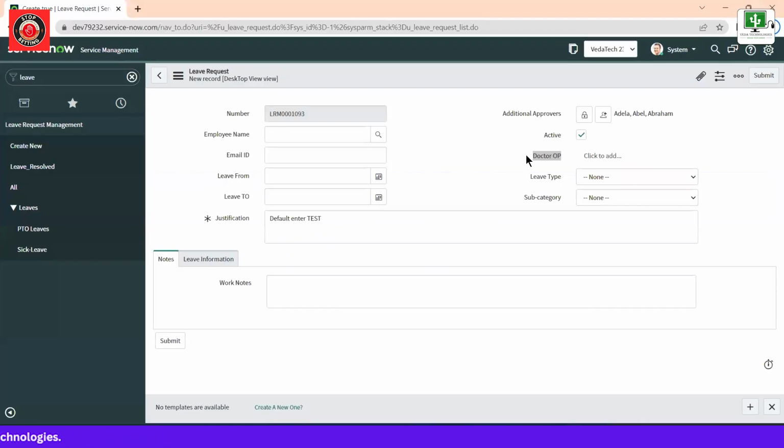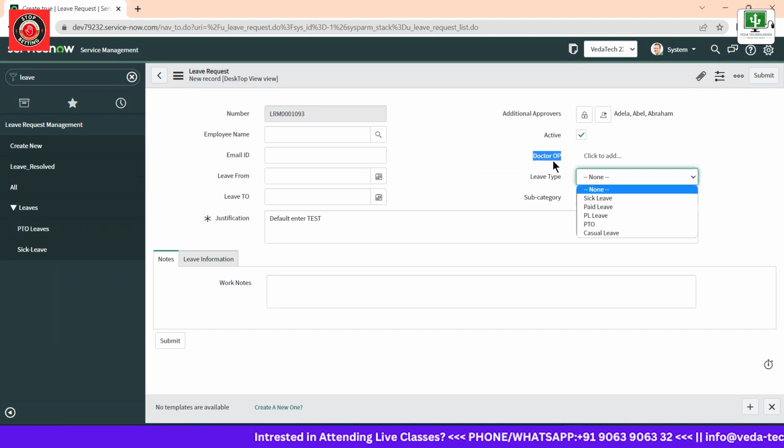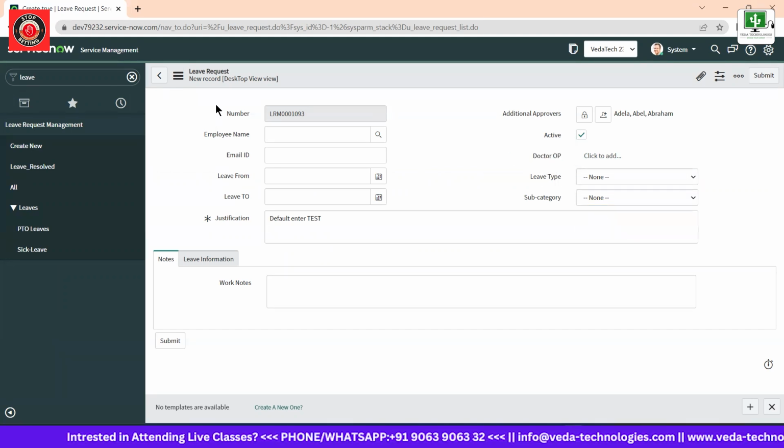What my requirement is, see, when this Dr. OP is required: whenever we select sick, you're having sick, correct? Then only it should be. If not, this field is not required, correct? And moreover, what is the view we selected? Let's take up